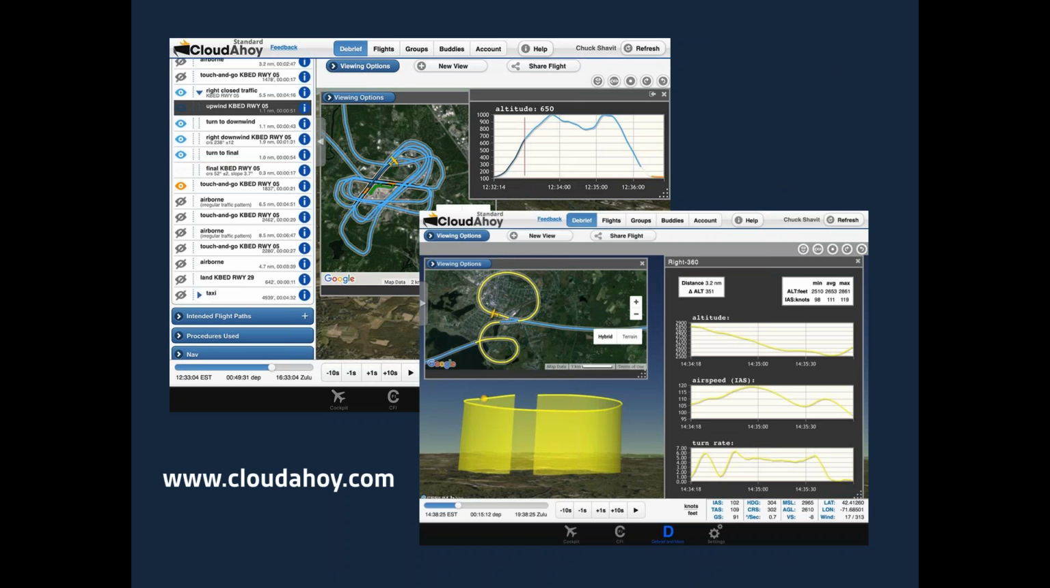Or I can export to an amazing post-flight debrief tool like Cloud Ahoy. Cloud Ahoy is a phenomenal tool for breaking down every phase and aspect of your flight. It's great for your own personal analysis, but it can also enhance the learning process between students and instructors. I can relive my flight from every angle and really learn without relying on only my memory to recall areas